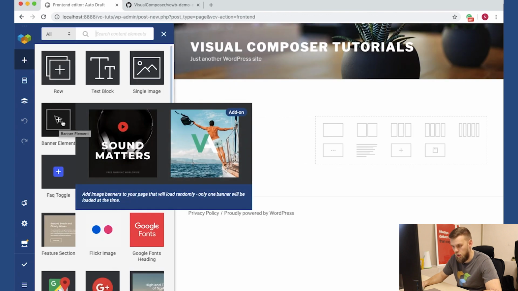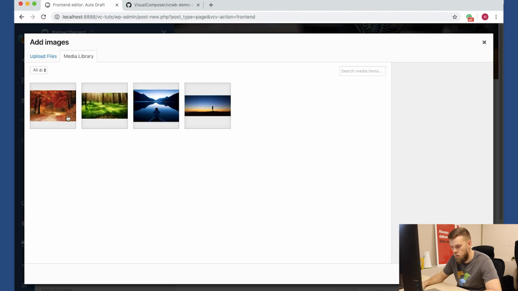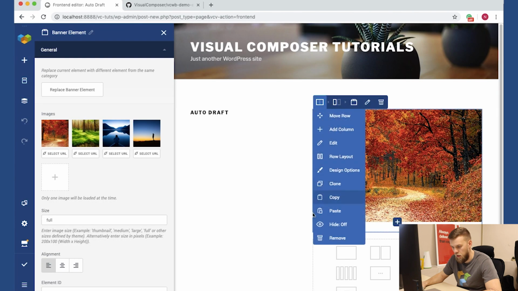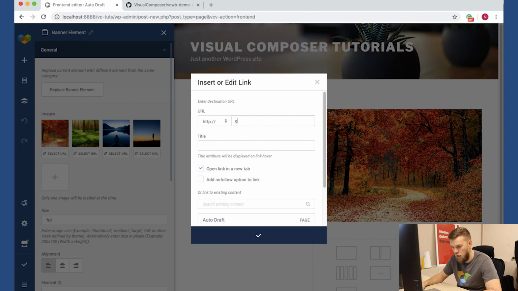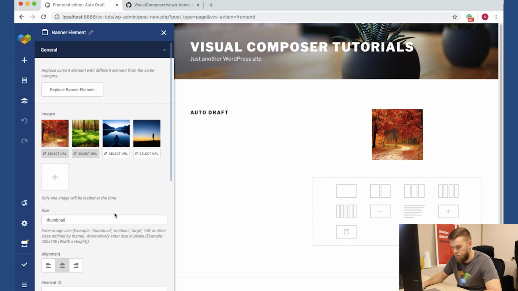So we click Add Element, and you can see our element has successfully added to the page. So we have our images attribute, which allow us to add several images with links. We can set the size of the image, alignment, and other options. So let's save the page